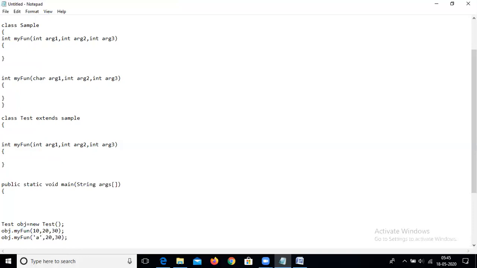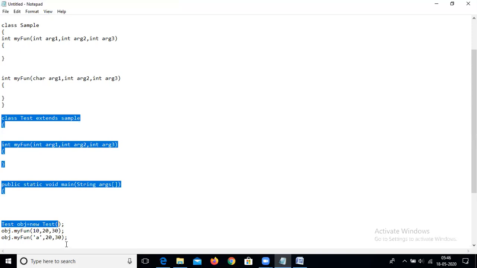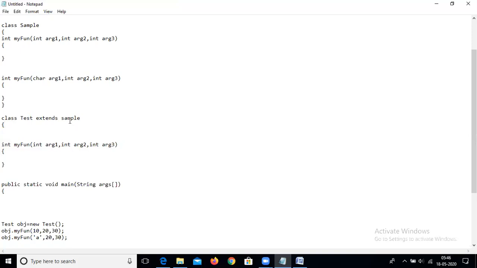Now, first I have created the object of the subclass. This is our subclass, the test class, and sample is the superclass. So I created the object of subclass test, which is equal to new Test.